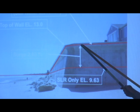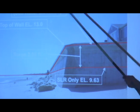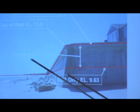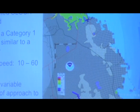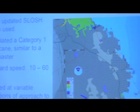But now, it just so happens that the top of the wall is at elevation 13. So from a pure computer modeling perspective, it doesn't exceed this wall, and therefore it wasn't flooding behind. The reality is that there's a wave that's coming on top of that surge, and so yes, obviously there's flooding. The storm surge modeling was done by a program called SLOSH,